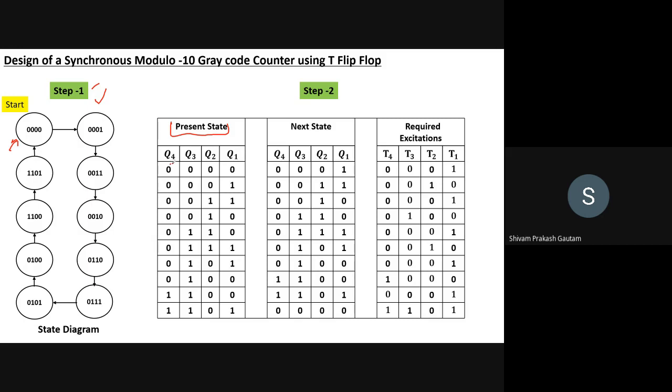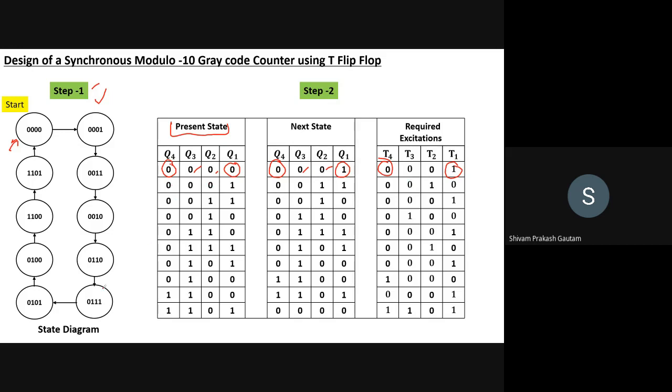So present state is 0, future state is 0. You can see when both are 0 in a T flip-flop, if nothing is changing, if it is not toggling, then input will be 0, right? So it is again 0 and 0, so again input will be 0. Again input will be 0. Last state we see 0 and 1. So you can see there is a toggling or inversion happening. That means the input should be 1. So you can see input is 1 here. Again, see the next state.